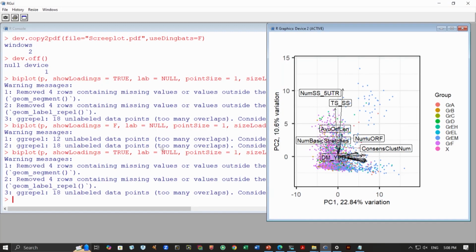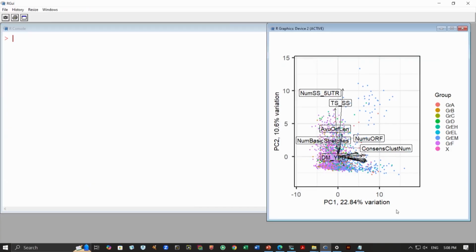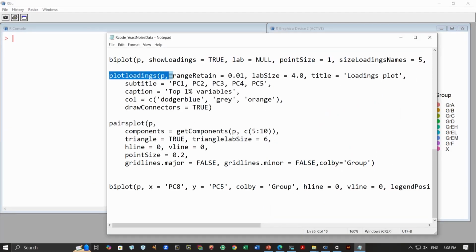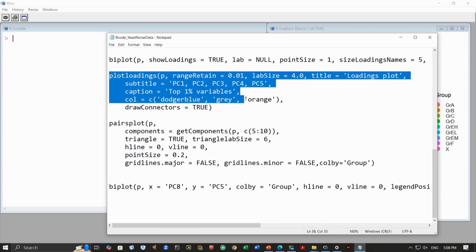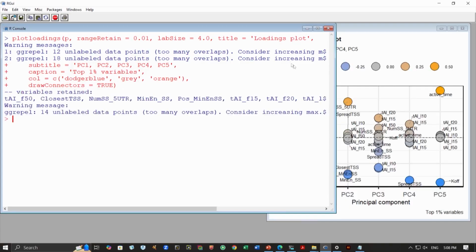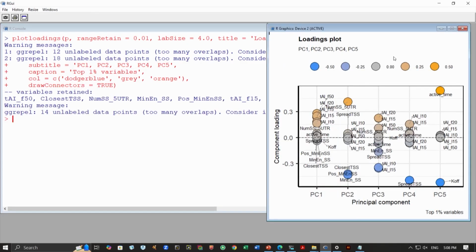Okay, so this is something that could be useful. All right, so let's move on now, and we'll use these plot loadings. Again, all these functions are explained pretty well in the package, so you can see what is happening and what we are going to do. I mentioned very briefly that we have plot loadings, where we are visually looking at